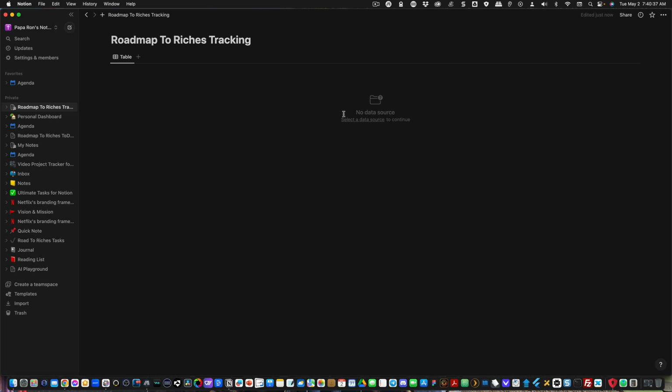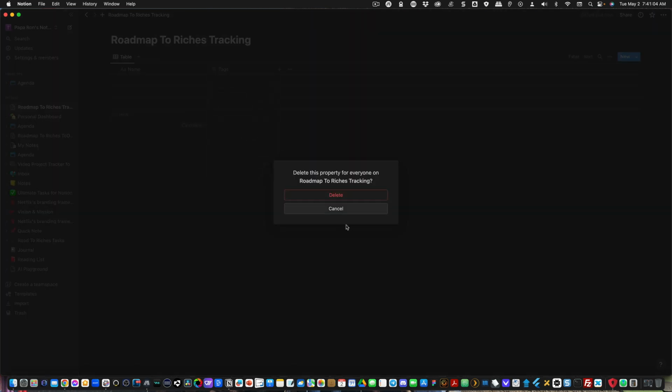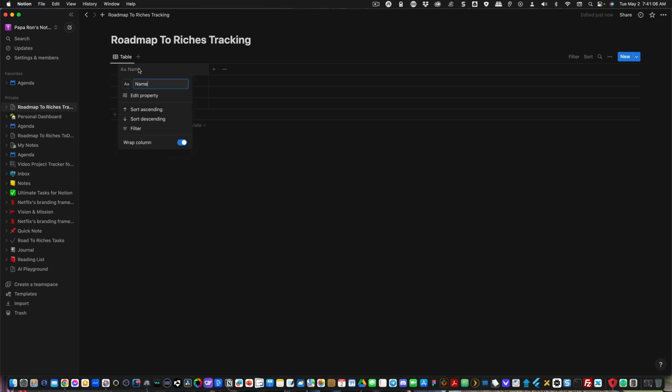So when you see this where it says select a data source to continue, I'm going to click this, okay? And I'm just going to click on here the plus sign where it says new database, and that's how I'm going to leave it. Now, this is the table view, okay? So first thing is I've got this column and I've got these different columns. I don't care about the tags, so I'm going to go over here and I'm going to delete this property, okay? This one here, I'm going to rename and call it